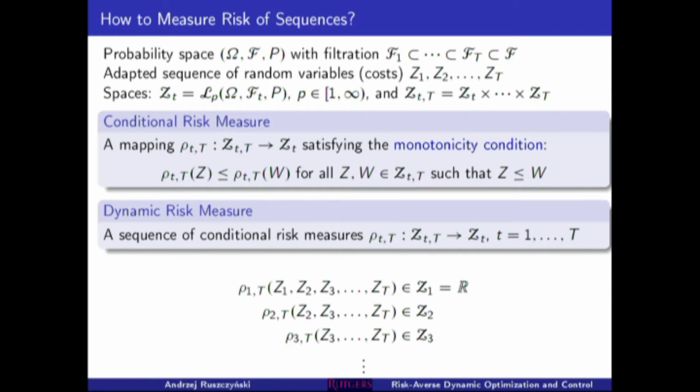They take as their argument a tail of this sequence, starting from a little t and ending with a large T, and return a random evaluation measurable with respect to the sigma algebra at the time when the evaluation is made. This means that at the beginning, when we have to evaluate the entire sequence,